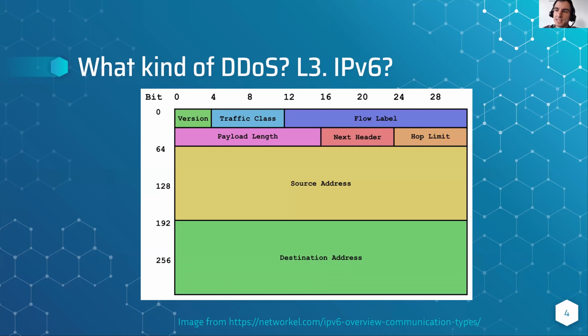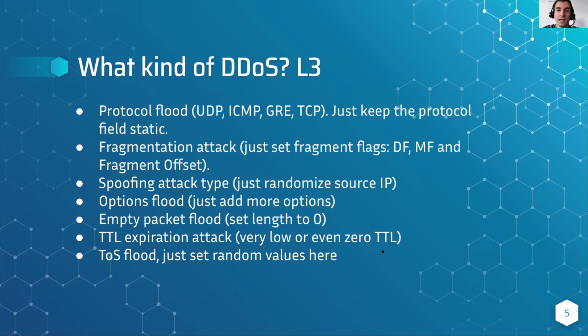So it actually means that for every very different IPv6 message format, we have exactly the same attack vectors. Only one thing is very beneficial for IPv6: it's quite unlikely to see fragmentation attack types, because of the implementation of extension headers for the IPv6 protocol. It's much more tricky to implement it. It may be dropped somewhere in the transit. So we perfectly described what we have for L3.